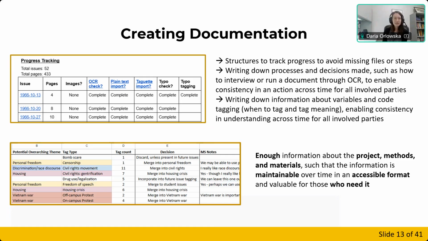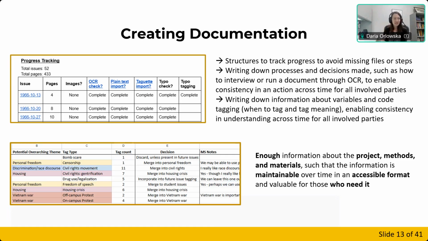So writing down processes and decisions made, make sure that there is consistency in action across time for all involved parties, whether that is you and another person, you and people trying to reuse your information, or just your future self in the future. Writing down information about variables and code tagging, when to tag and what that tag means, enables consistency and understanding across time for all involved parties.